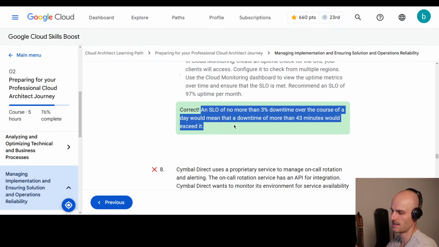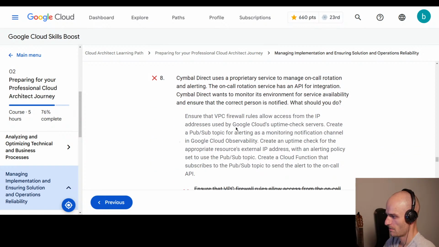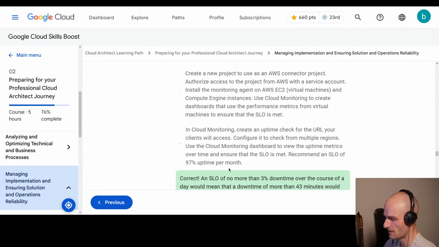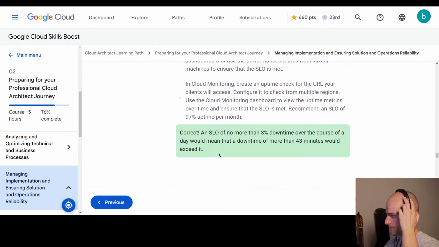Yeah, I had this type of counter, but okay, so I see. If you do this count for the month, you will have more than 1 hour allowed. So yeah,